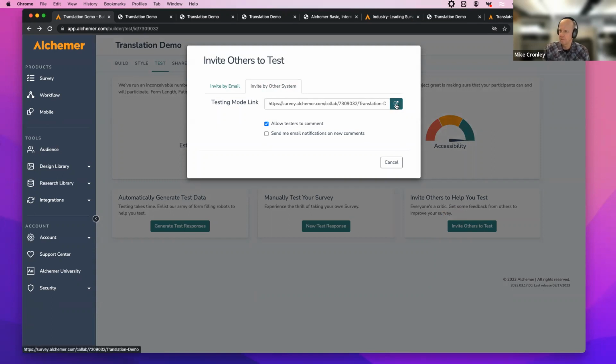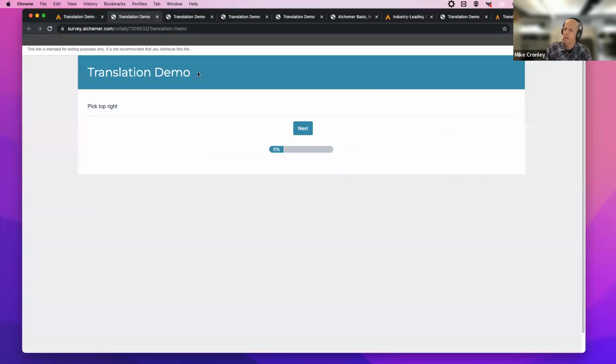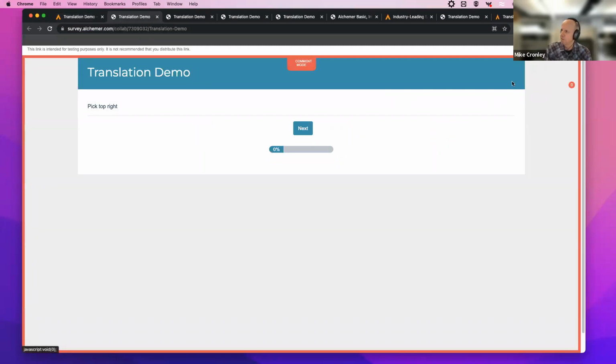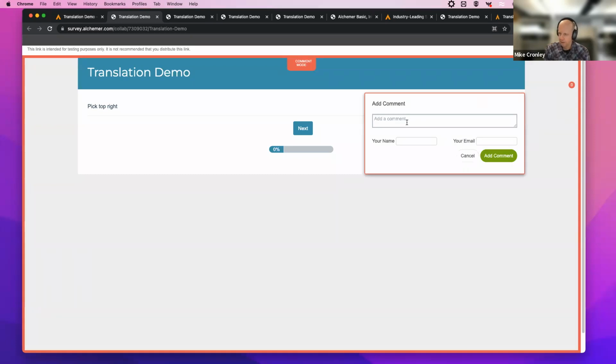And if I share this out, so if I copy and paste it and send it out by email to a colleague, it doesn't have to be an Alchemer user, it could be anybody. Then I open it up and you'll see it says collab. And this is where someone can comment and give you feedback. And it's like, hey, I think we should have this in the survey, or there's a typo or whatever it is. So that's a link that goes out as a collaborate link. So these two links are for testing, collaboration in the build phase, testing phase before you launch it.